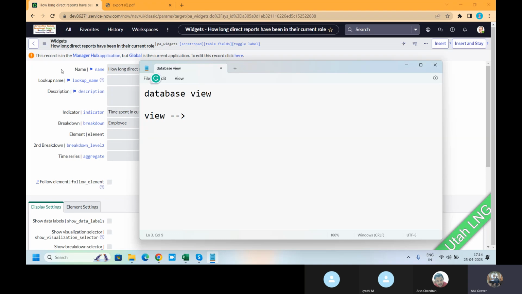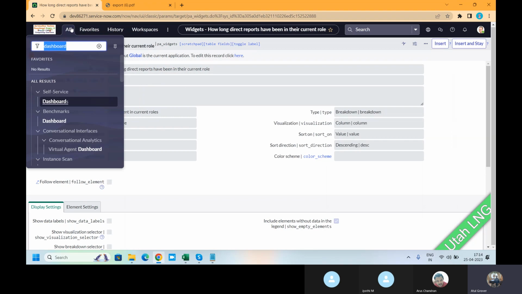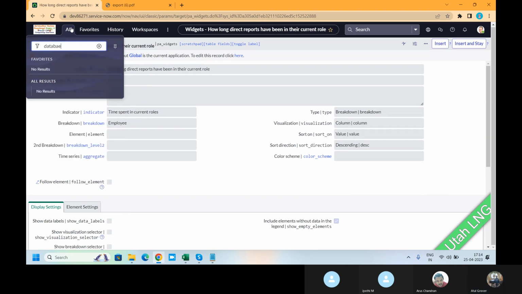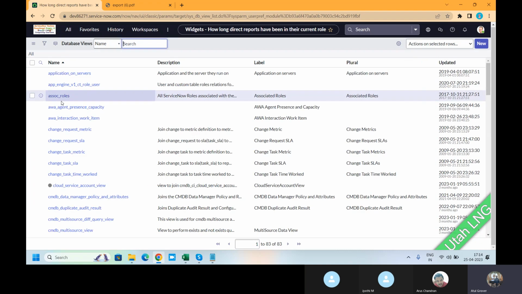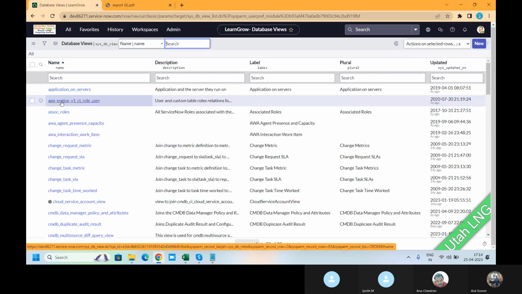Okay, how to do it? It is not done by the ITIL user. It is done only by the admins. Database view. Okay, let me give an example. I need a report from the incident and the incident task